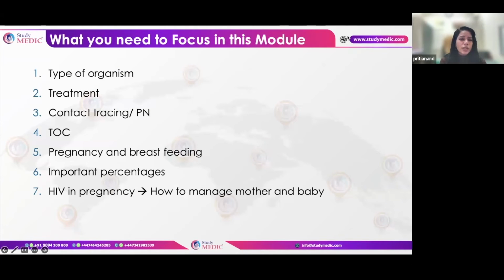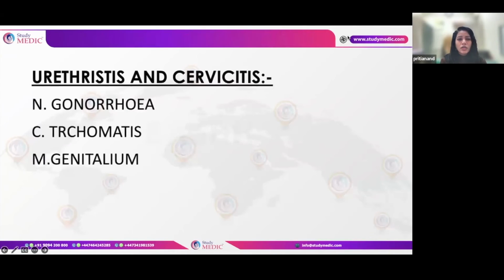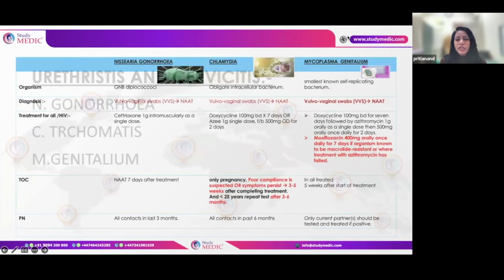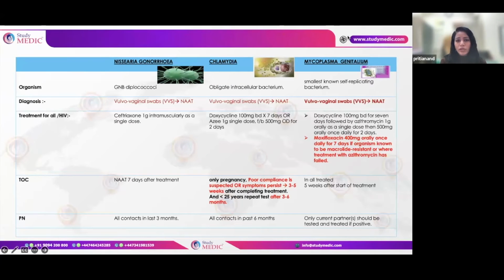Now coming to another topic, which is the BASHH one. So BASHH, whenever you are reading, make sure you read everything related to this for your exam in these topics. For causes of urethritis and cervicitis, please remember what type of organism they are. They often ask you that Neisseria is a gram-negative diplococci. For diagnosis, all three of them require a NAAT test by vulvovaginal swab, which can even be self-collected. Neisseria treatment is ceftriaxone,